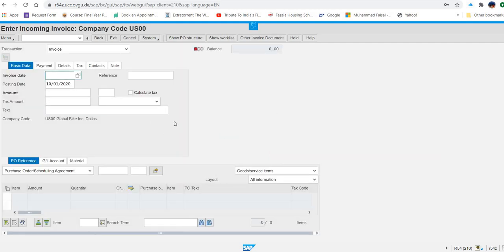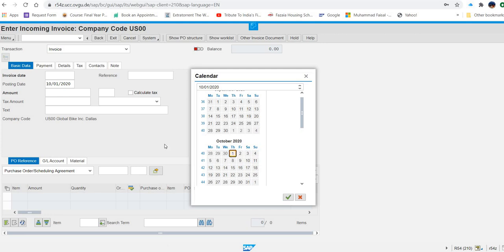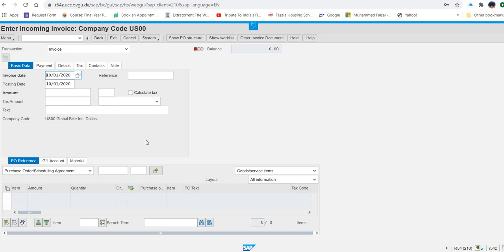So in enter invoice, now what next we have to do, we have to enter today's date. So here we will enter today's date. Then invoice date we have already entered.